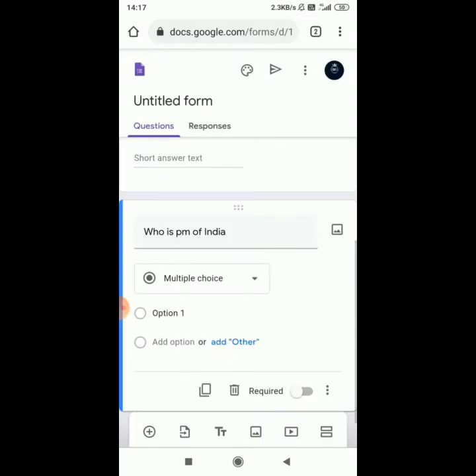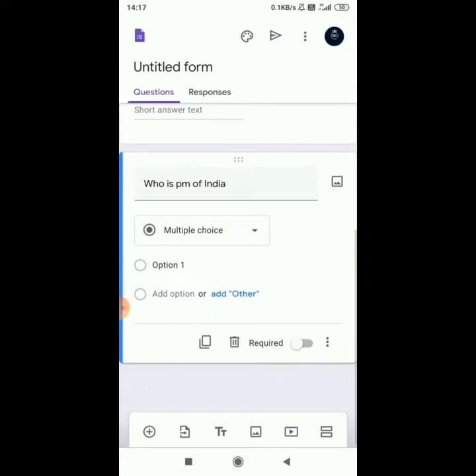We don't want it. We will add options for the question now. We can add as many as we want. We will take 4 options.